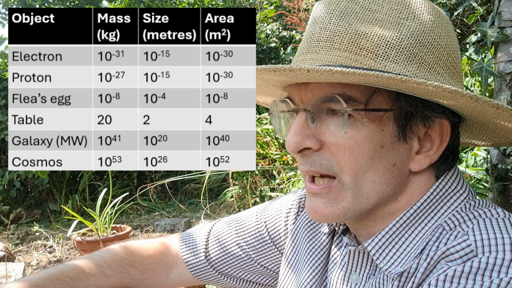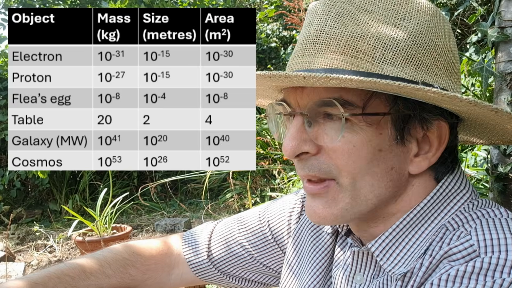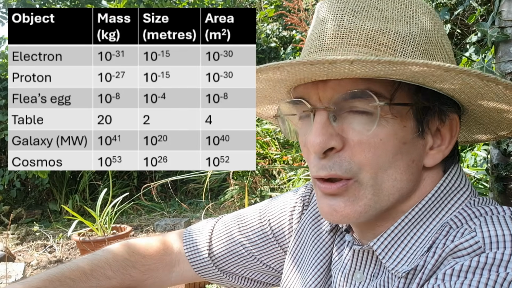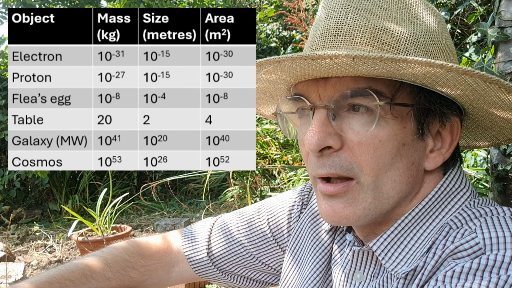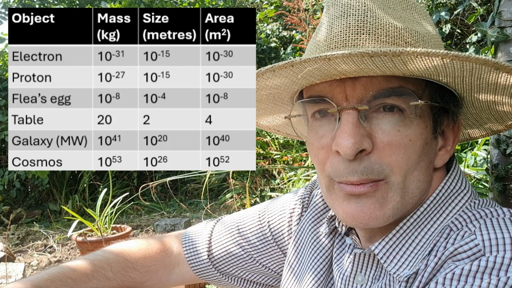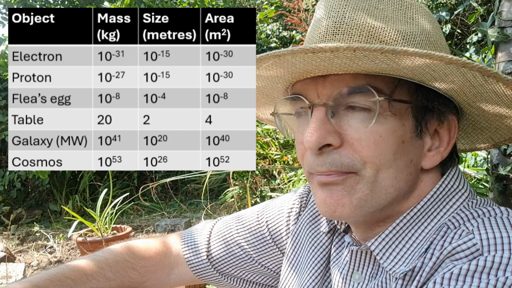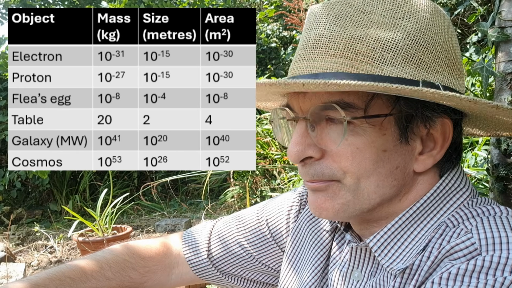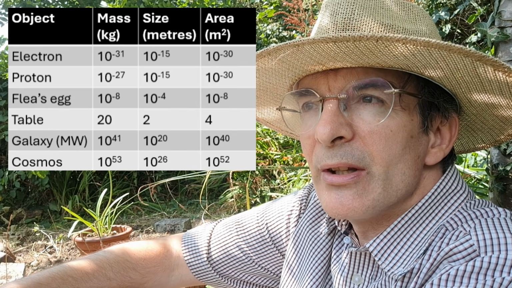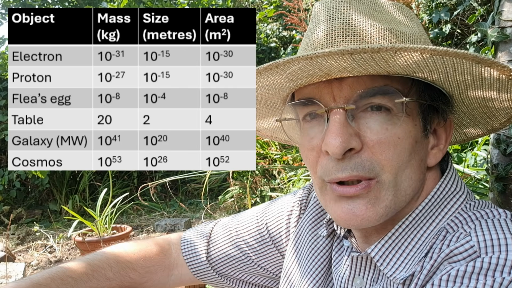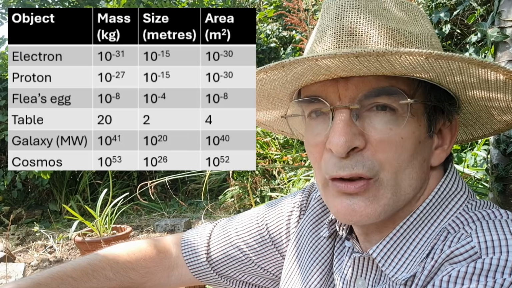So here I show a table which has several columns on it. The column on the left tells you the object I'm talking about. Then its observed mass is shown in the second column. Then its size is in the third column. And then I've calculated the area simply from the size by squaring the side and multiplying by pi. And by area here, I mean the cross-sectional area. So it's not the area of the surface of the object, it's simply the cross-sectional area, pi r squared, where